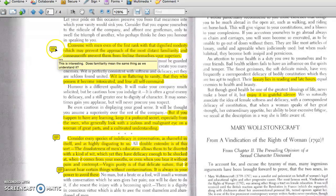Here, I make a note that he mentions that conversing with men of even the first rank necessitates avoiding the most distant familiarity, or those folks may find themselves feeling superior. Now, when I looked at this paragraph, I had to ask myself, gee, what familiarity means,